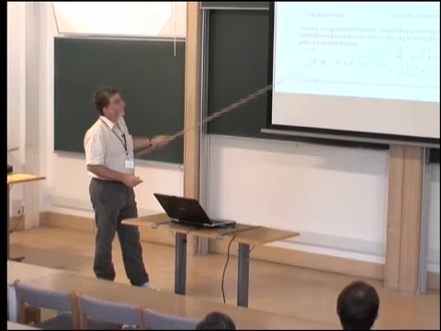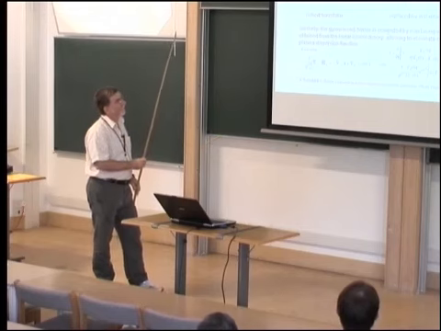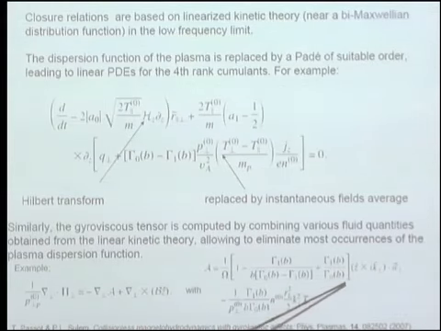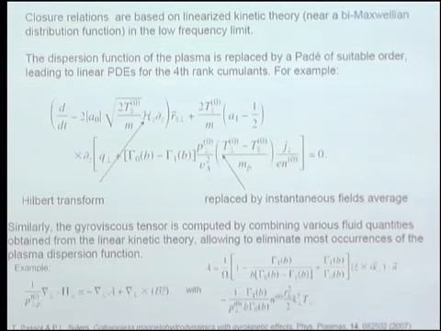We do the same thing for the gyroviscous tensor and other terms, to combine the various fluid quantities obtained from linear kinetic theory to eliminate most of the occurrences of the plasma dispersion function, and for example end up with a simple formula like this, where the perpendicular divergence of the pressure tensor is given by two functions a and b, where you see here that a depends on velocity and temperature with coefficients which are the usual Bessel functions coefficients that we can get. So this is quite simple, and as I said, we keep all nonlinearities of the fluid equations but linearize the